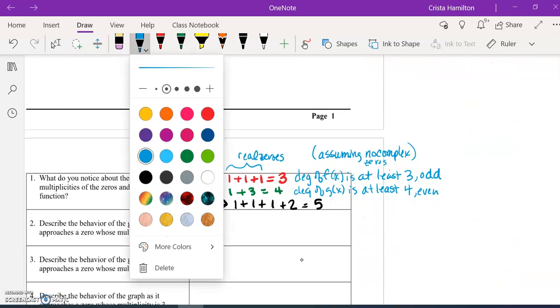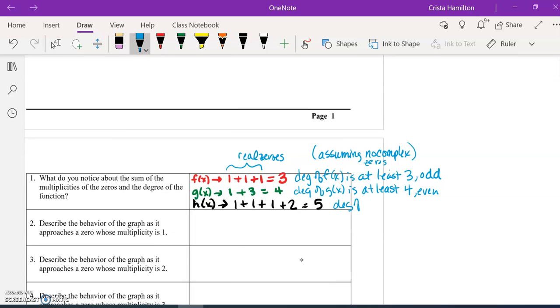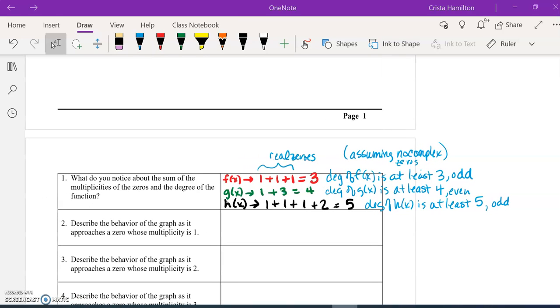So the degree of h of x is at least 5, and it's odd. And again, assuming no complex zeros. All right, so now let's take a look at